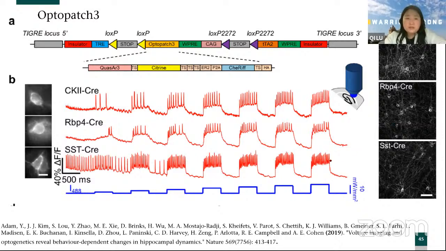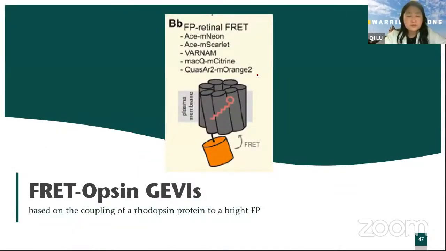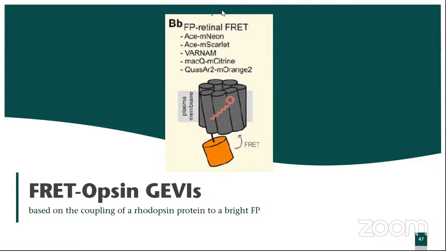And we see that this works in HEK cells and also in the pyramidal neurons of the hippocampus, and it works in brain slices. It also works with nice expression on the cell membranes. Then the next part is